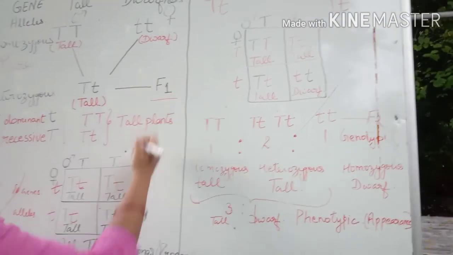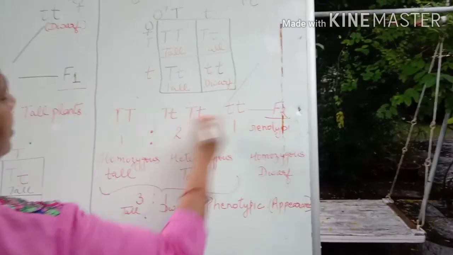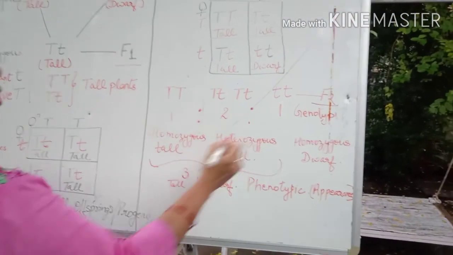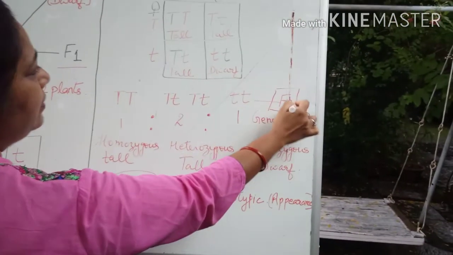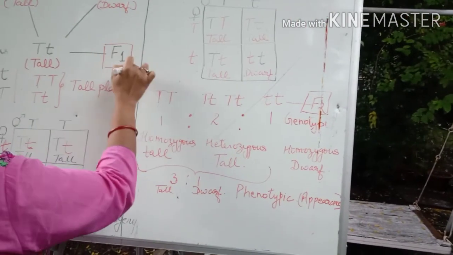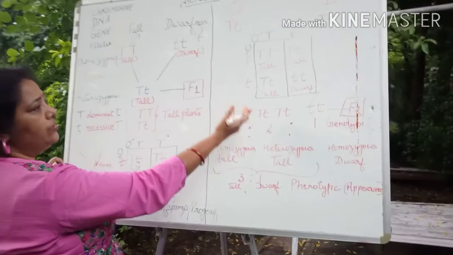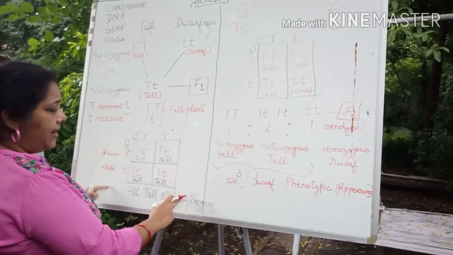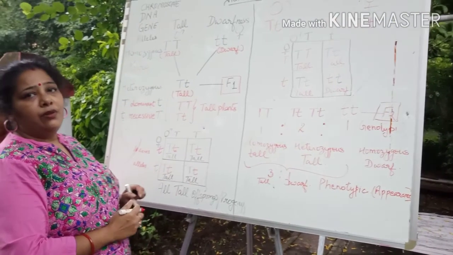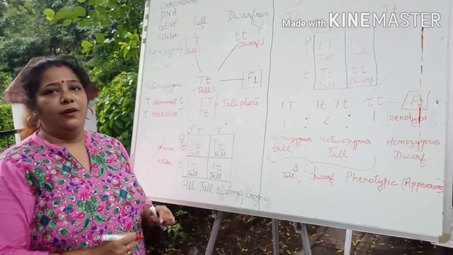F1 generation, then it is the F2 generation, what is the ratio, and all has to be kept in mind thoroughly, so that if different types of questions are asked, or you are asked to write the ratio, or a checkerboard to represent it, you will be able to explain it well. Okay.